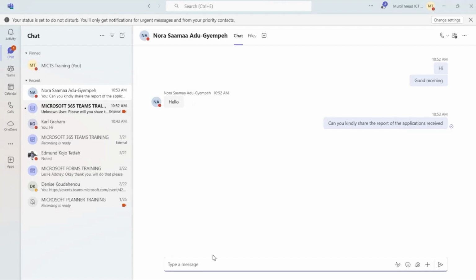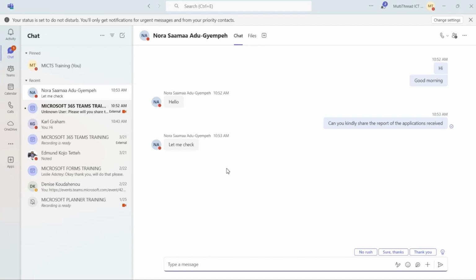So one thing we can also see within the text area is some icons next to it. These are all ways you can format a message that you want to share. We've already spoken about that in the first session, so I'll just skip it. And then while I wait for Nora to share the file with me, we see that we are currently